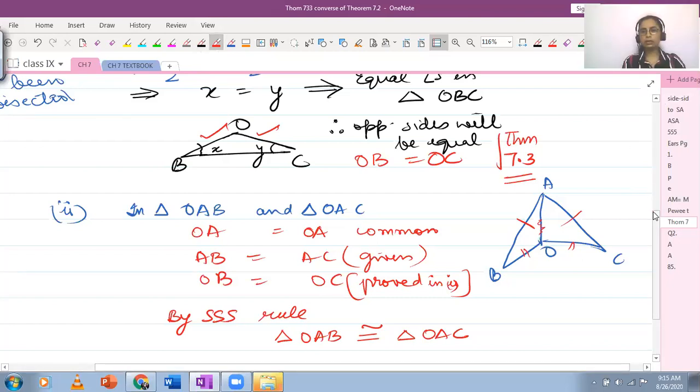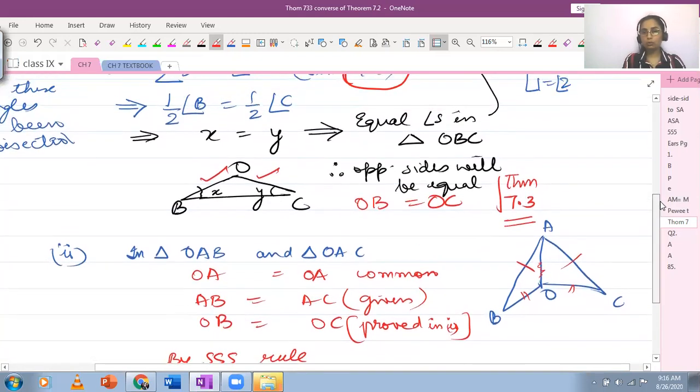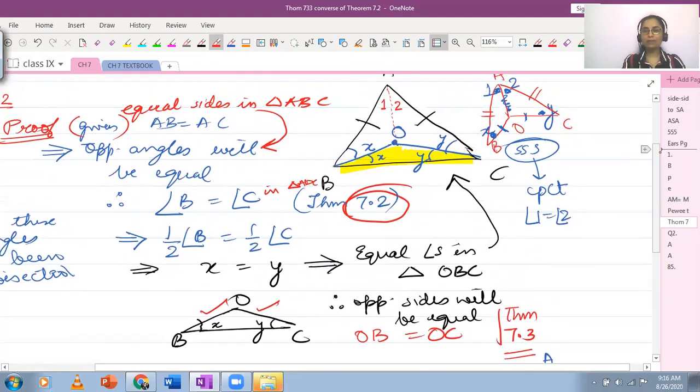You can actually, it will be preferable if you write that in proof rather than writing in given. In given, just mention only the sides and rewrite that in proof. Like from the sides you are writing down, and do mention you are using a particular theorem. And rather than mentioning the number of the theorem, if you can write down the statement, that will also be preferred. Although I have actually written the statement here, when I write down that AB is equal to AC and write down opposite angles will be equal, that means that I am writing down the reason, the theorem itself.